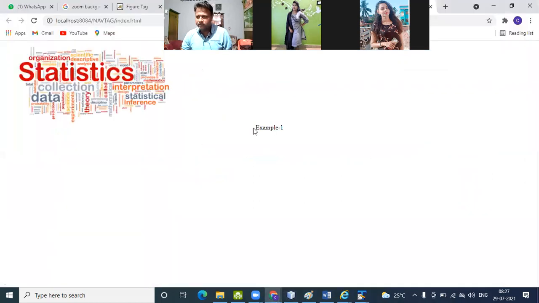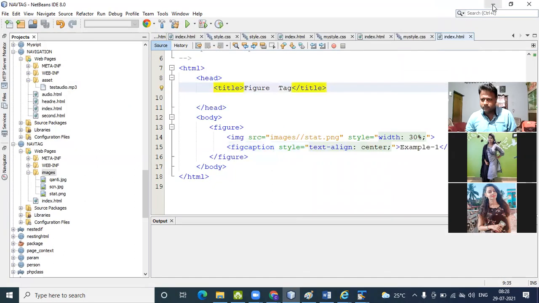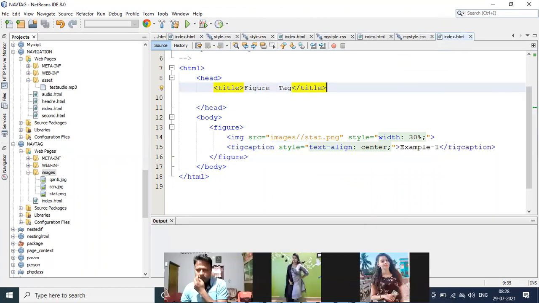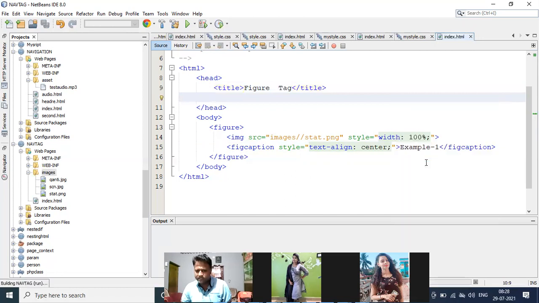It comes to this part. The width is, now I give the width as 100%.